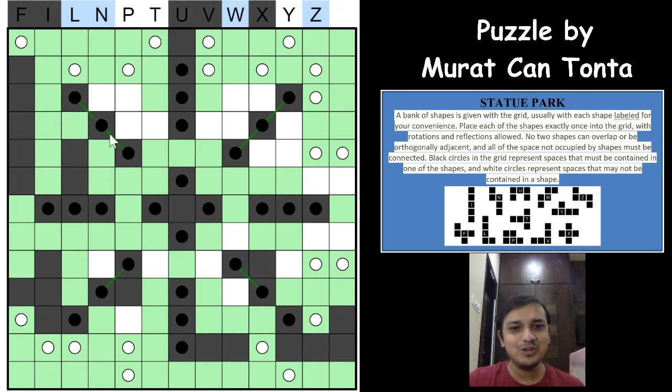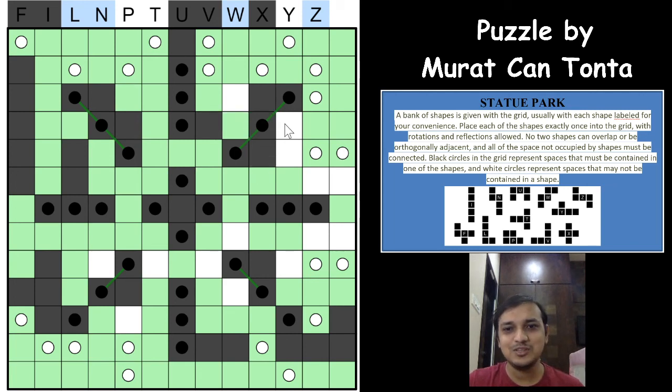Excellent. Now we got this as the W, it cannot be the Z, which means this has to be the L this way and this has to be the Z this way. What an excellent puzzle, guys. This has to be the N, we did the L, we did the W, we did the Z, and we did the T as well, right?